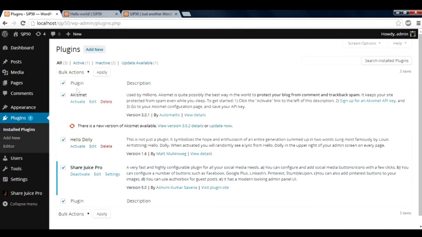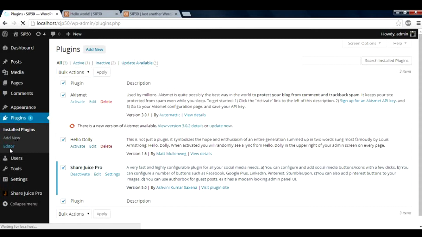Or if you don't want to do that, and you just want to do it individually, you can go to activate, edit, delete, and do the respective operations. So basically I would not go into how to install or add a new plugin. It's just to show you an overview of how to add a plugin. Then you can add a new plugin right from this menu also, and you can use the editor to edit any